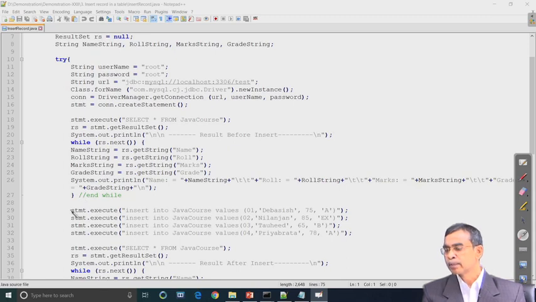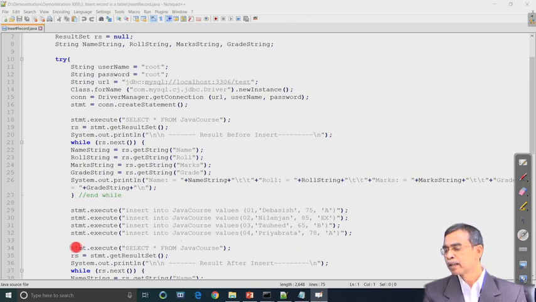And then next we fire a few statements for inserting one record at a time. Here is the first record, then the second, third and fourth record. If the table is empty, it will show only these 4 records. If the table already contains data, all these 4 newly inserted records will be added after the existing data.